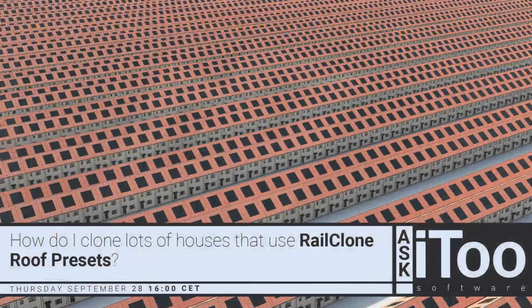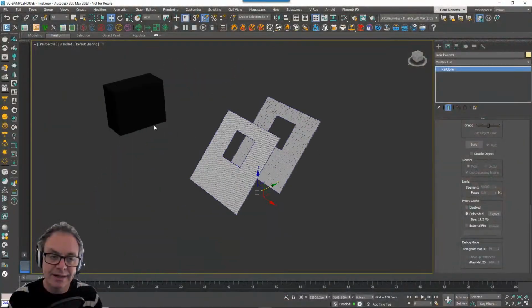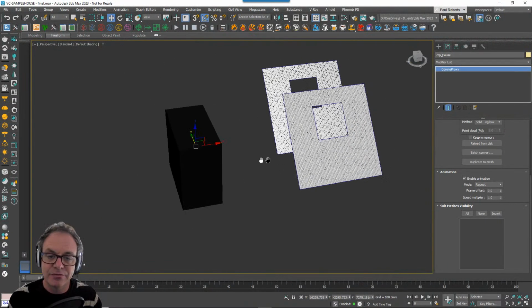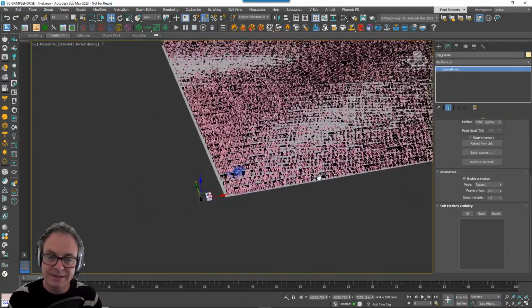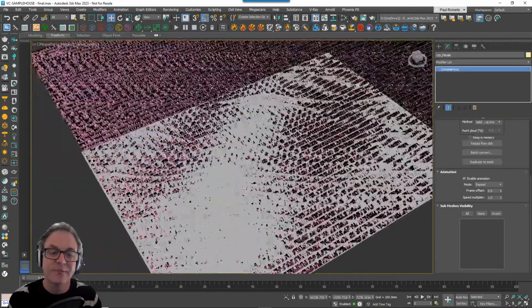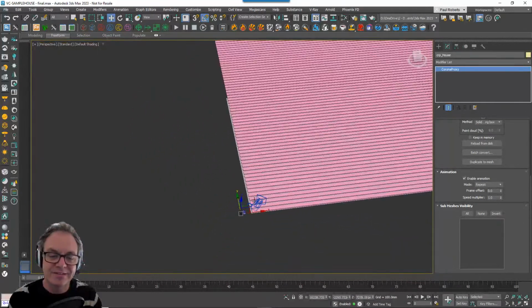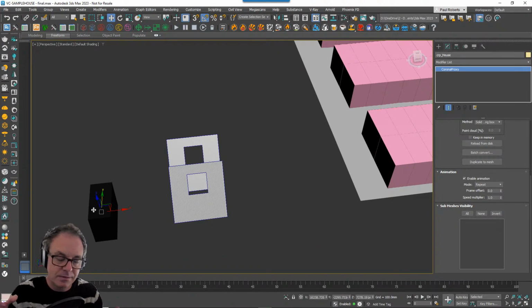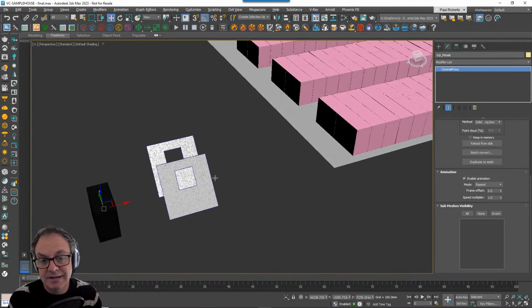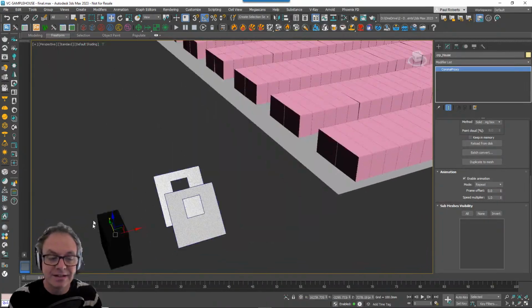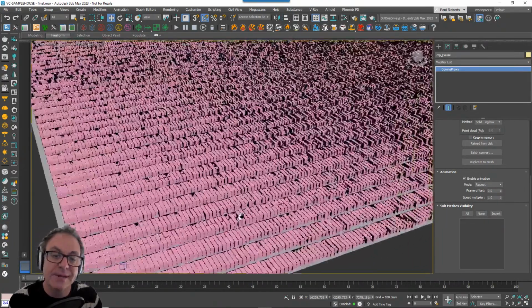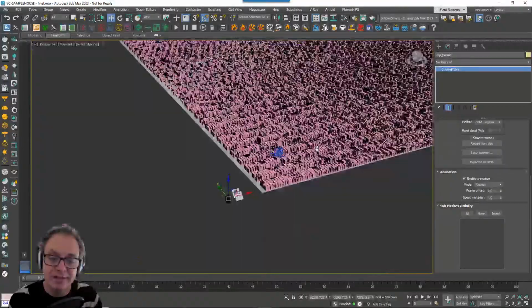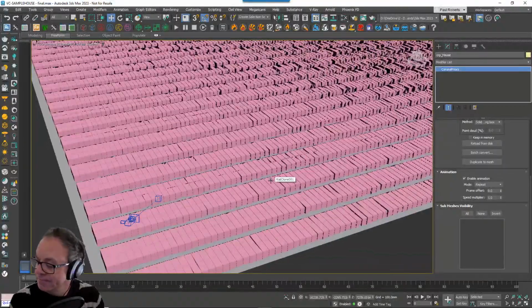That said, there is a bit of a trade-off, I would say, depending on how many objects you're creating. If I was creating this many, I probably wouldn't be distributing RailClone objects. I'd bake down one building into just a standard proxy, and that's going to be far more efficient for you. In fact, that's what I did to make that scatter there. You can see there's an insane amount of buildings there, just to test if it worked, and that's a Corona proxy being distributed with RailClone baked down inside it. So that initially sounds like a lot more polys, but when you're scattering this many buildings, it's by far the more efficient way to go. So that was the first question.